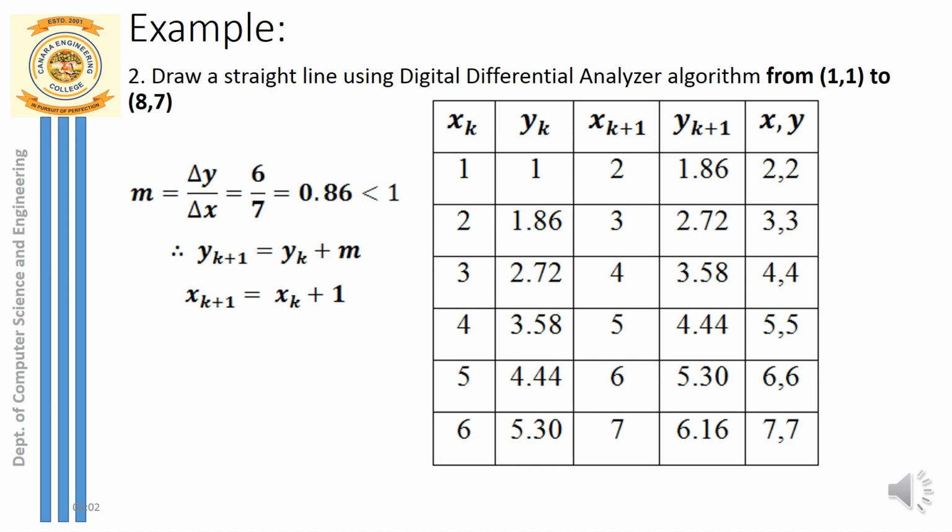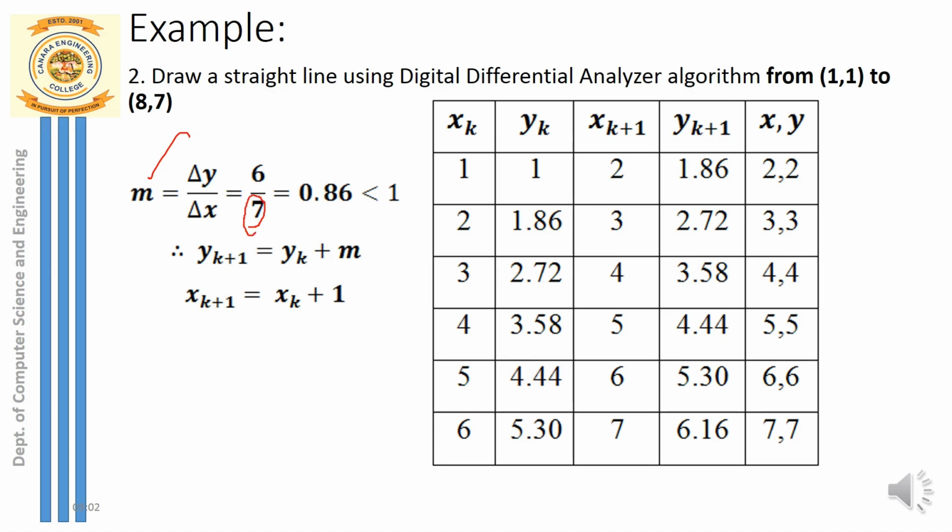My next example: the new endpoint I have is 1 comma 1 and the other endpoint is 8 comma 7. This is a new line that I'm going to generate. Now as usual you have to calculate the slope first as a first step. What is this formula? Delta y by delta x, and delta y is nothing but 7 minus 1, that is 6. Delta x is 8 minus 1, that is 7. 6 by 7, the slope is 0.86, which is less than 1,